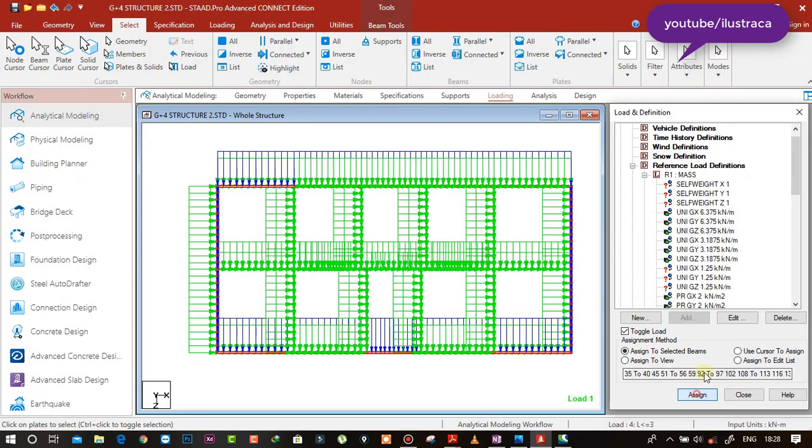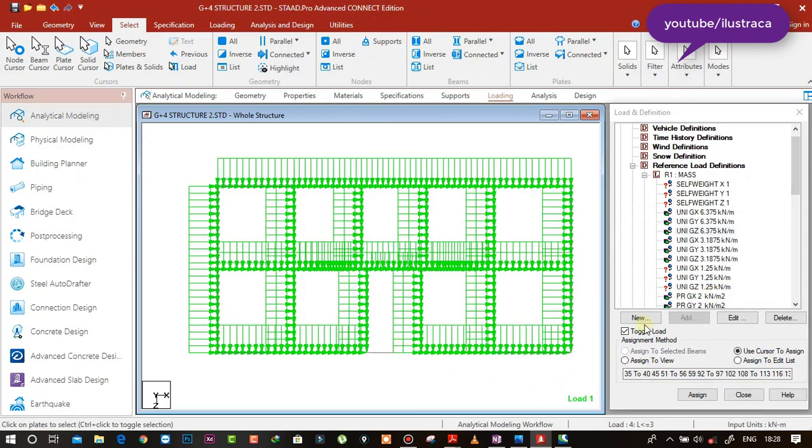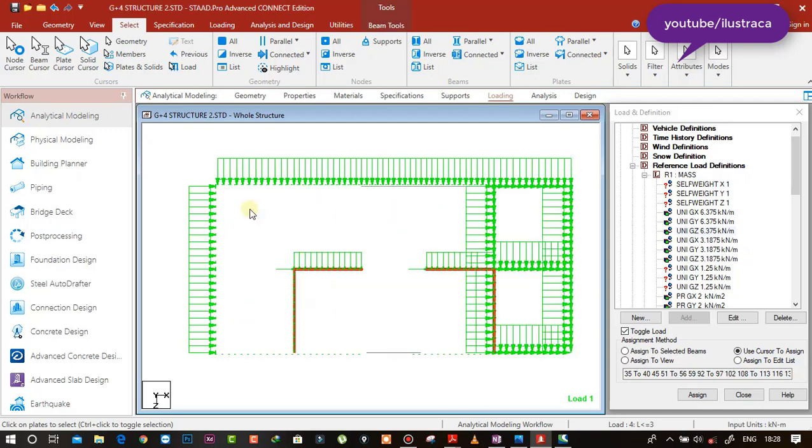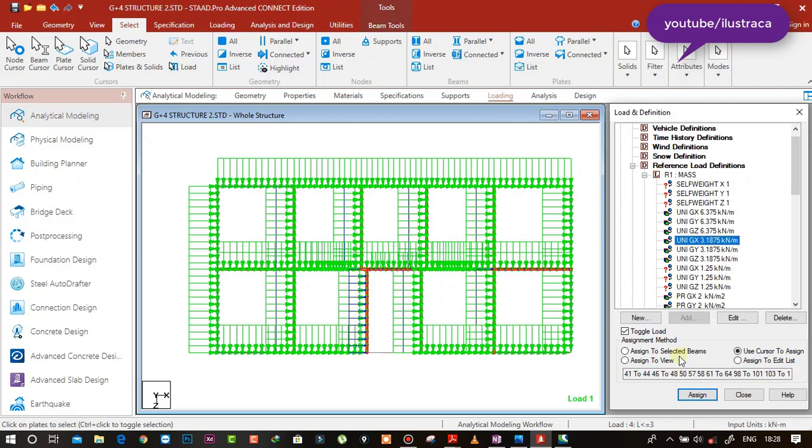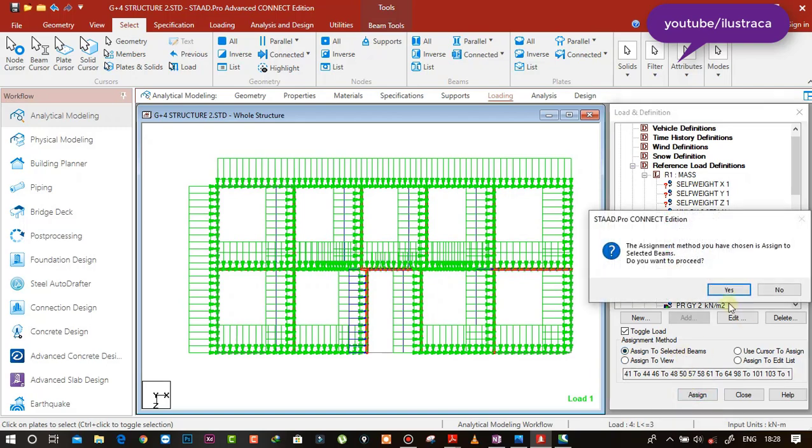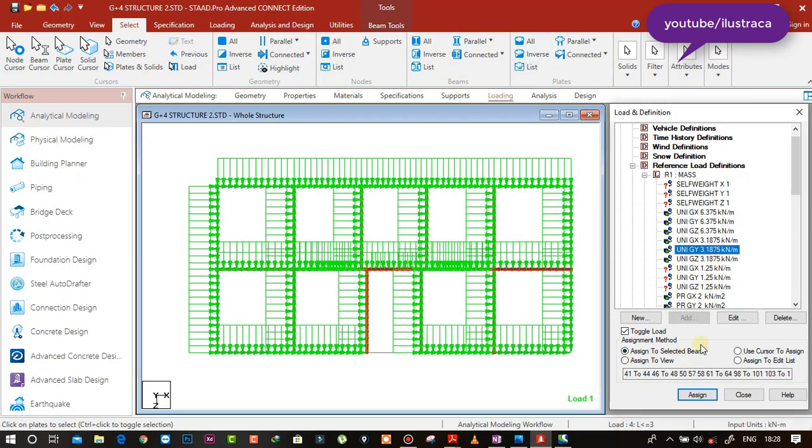Same this one, yes. Now for the inner beams, if you beam cursor and select these beams, these all the beams. If you go here, toggle load, assign to selected beams, assign to selected beams, assign.